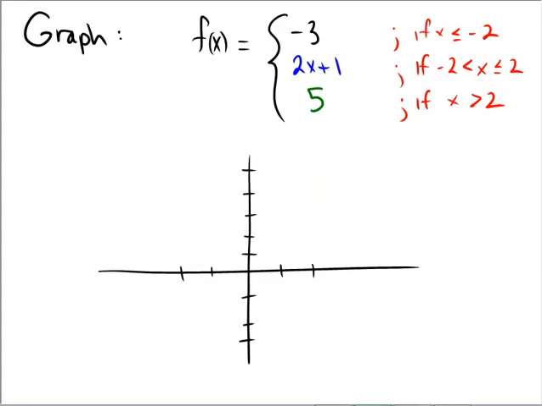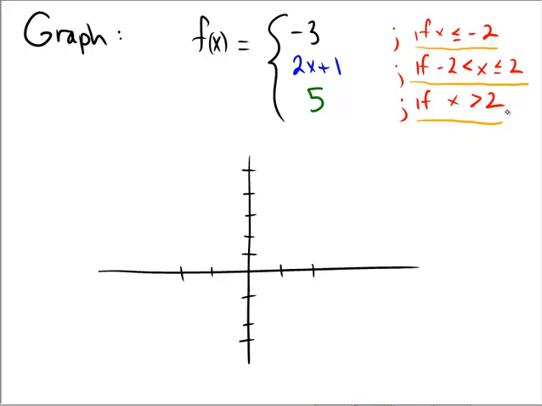Here I'm going to try to graph a piecewise function involving three pieces this time. The f of x function is going to be equal to -3 on the interval x less than or equal to -2. It's going to be 2x plus 1 on the interval -2 less than x less than or equal to 2, and it's going to be 5 if x is bigger than 2. I'm using the colors black, blue, and green to indicate these so that you can distinguish them in the